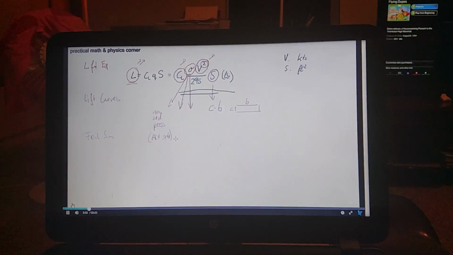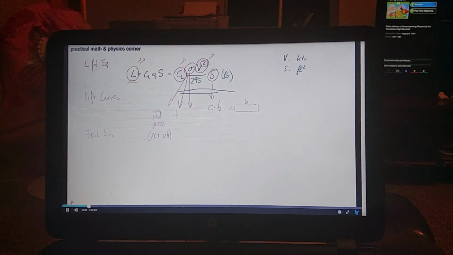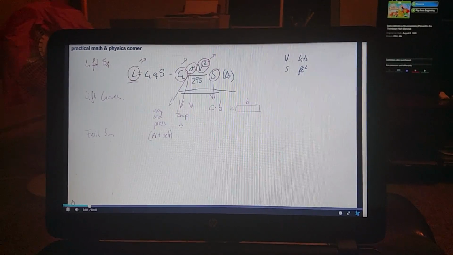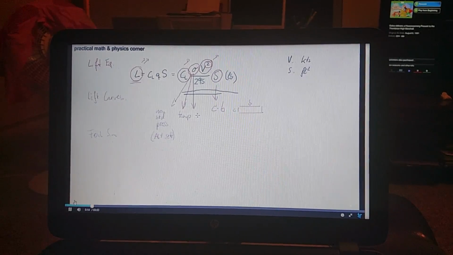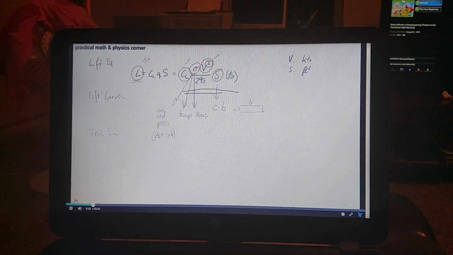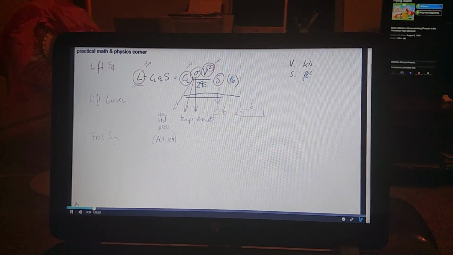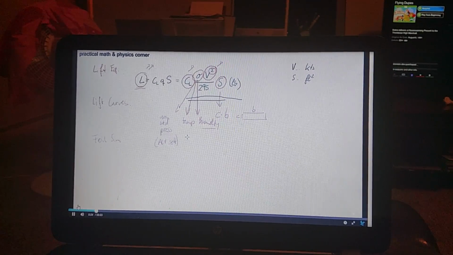The second thing is temperature, and the third thing, as we saw, was humidity. Even though for most of our applications we are not going into the details of humidity, we've seen last week